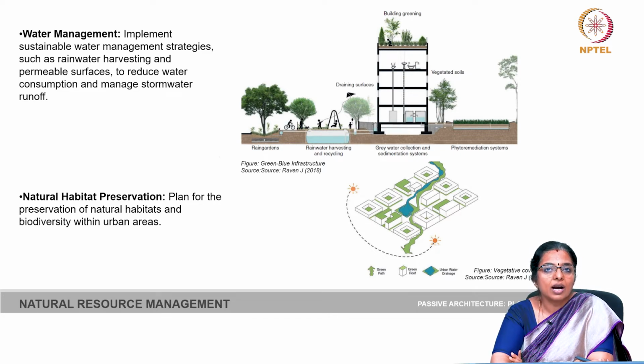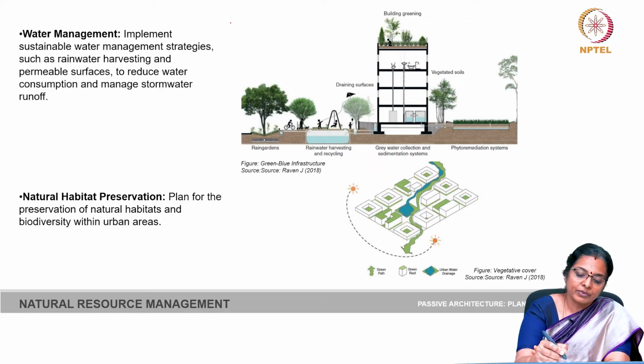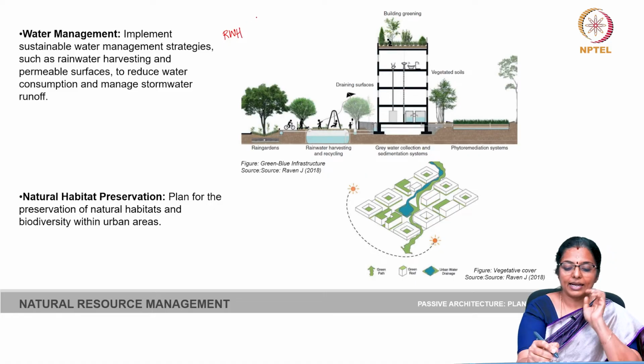We need to harvest the rainwater, which can happen in two ways. One is we can collect the rainwater and use the rainwater. So, we can do rainwater harvesting, and that can happen through